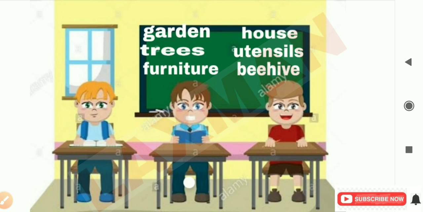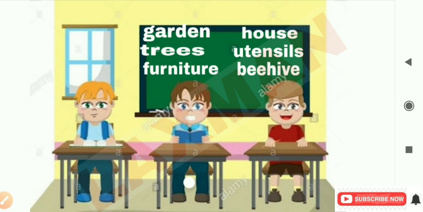Like that, trees also. Ask the one word, trees, to the group B child. Then the group B members give the clues. The clue for tree is that which gives us shade or fruits or flowers. Like that they have to give clues. By using those clues, the child sitting back to the board tells the word, trees.